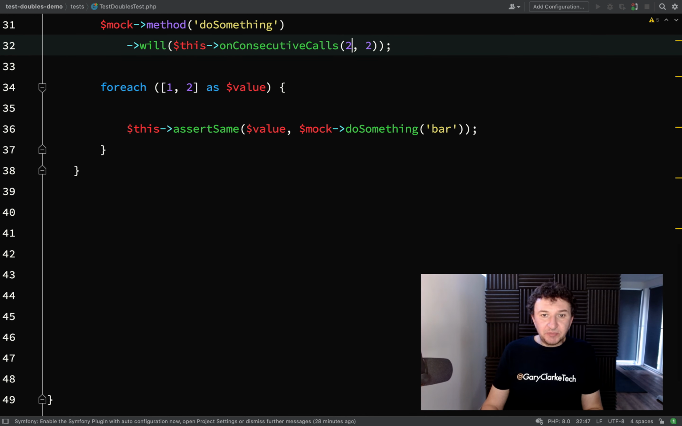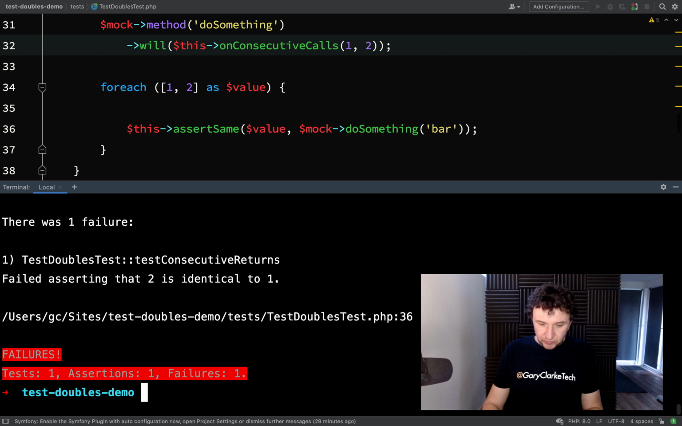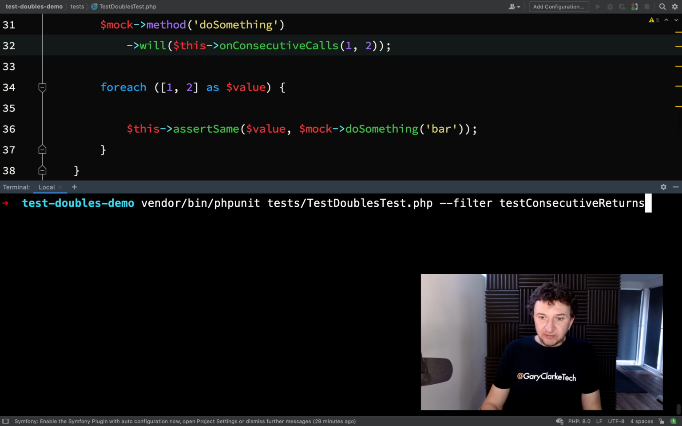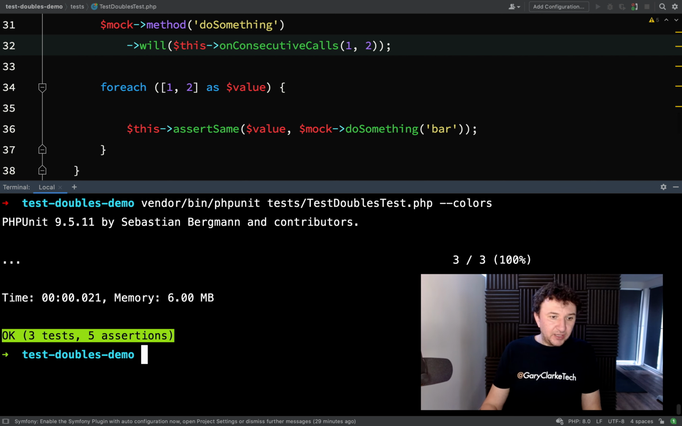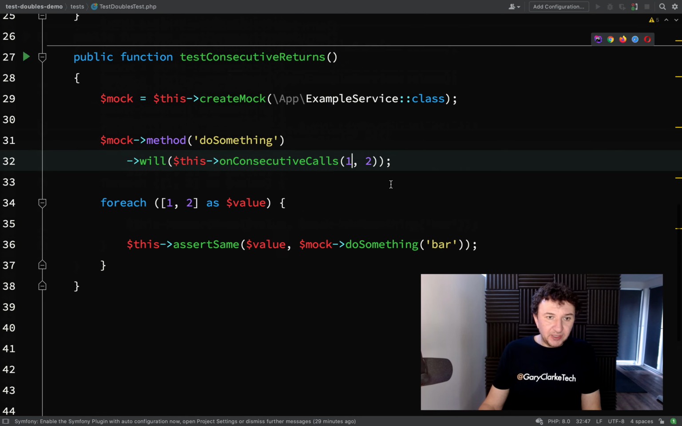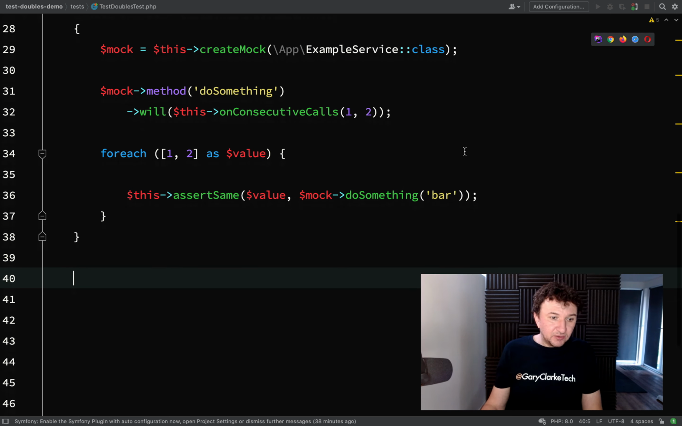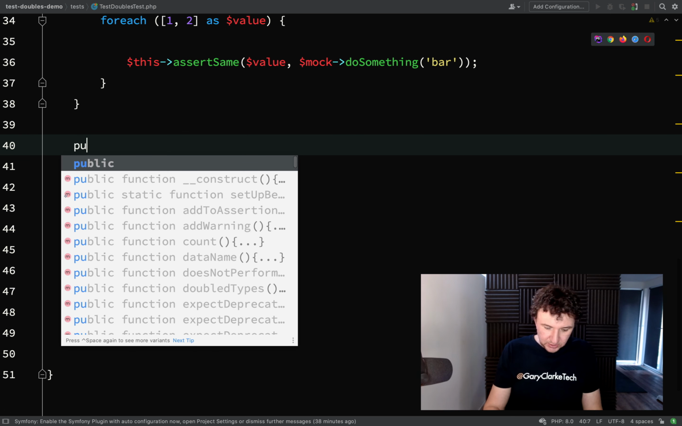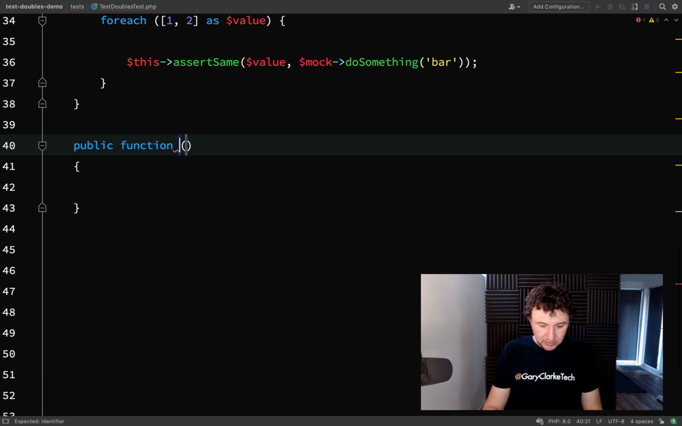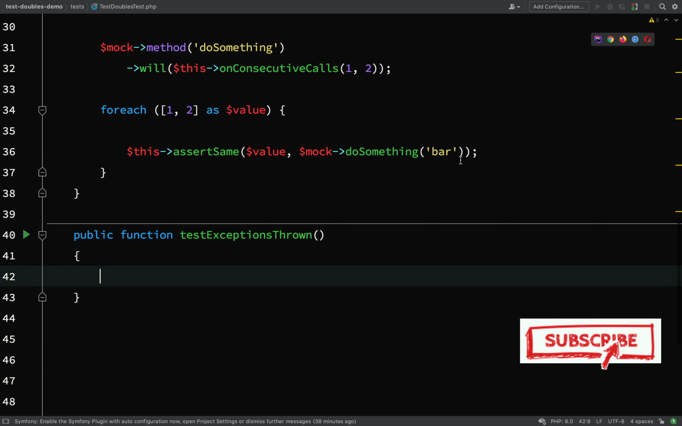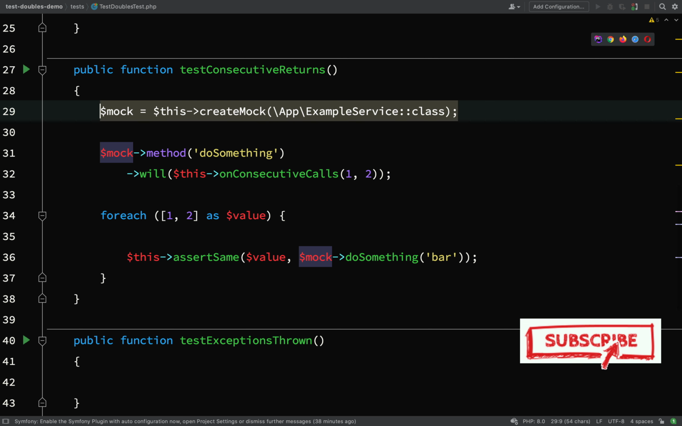So let's return this back the way it was, and then we'll run all of our tests in the file. Okay, so everything's passing. Let's move on to something else. You'll have scenarios where you want to actually test that your code is handling exceptions correctly, and so let's have a look at how we can do that now. So we'll say public function test exceptions thrown. We'll grab our mock,